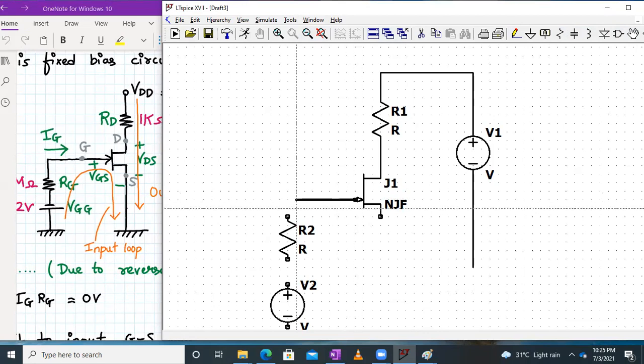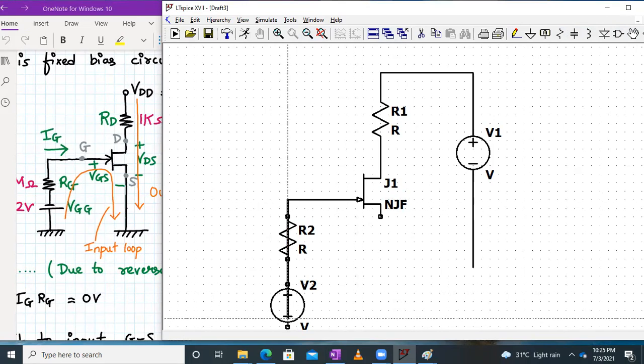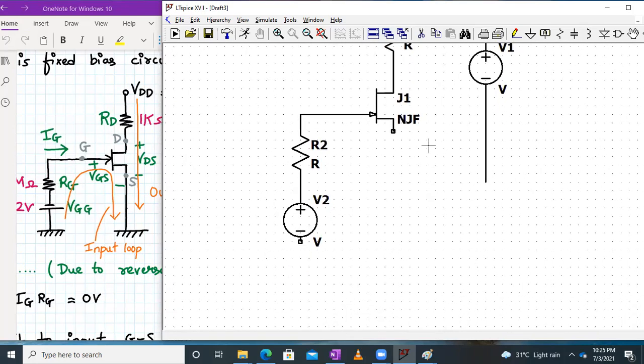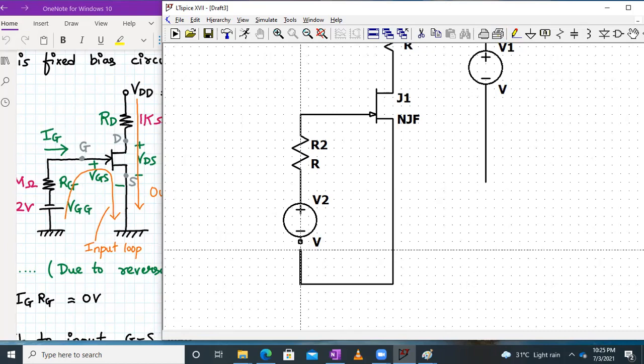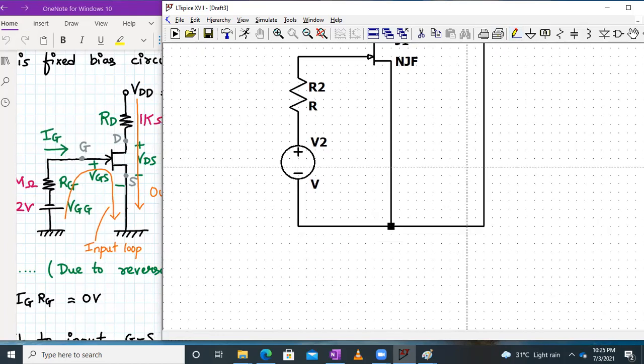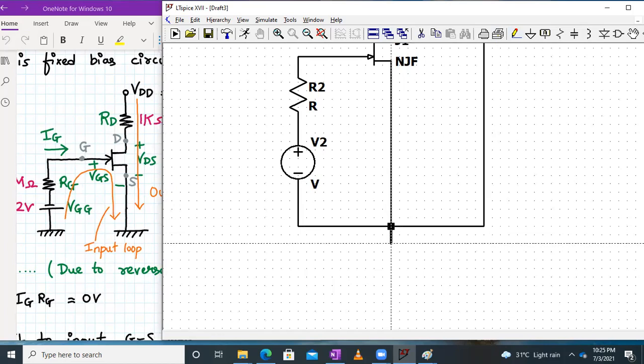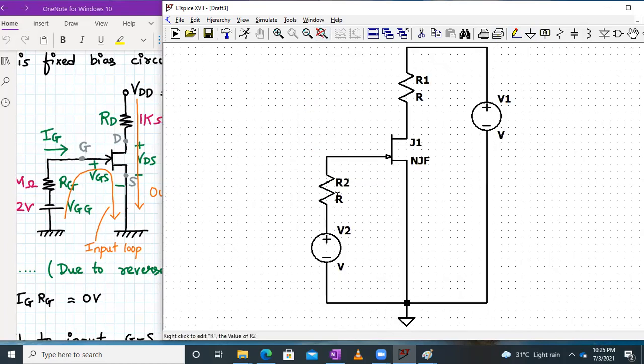We are just going to verify whether the values which we are getting analytically are matching or not. So here we'll connect the remaining with the wire, and lastly we have left out this. Okay, we have done the connections. We have to add the ground now. So here is the ground. More or less the circuit connections are over. Now we have to label them properly.